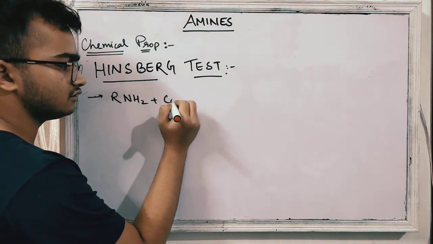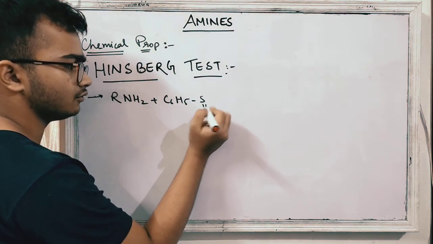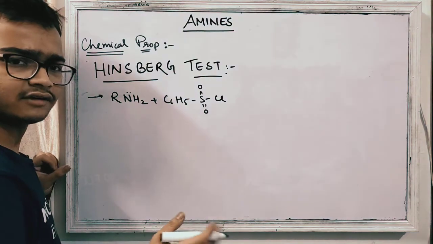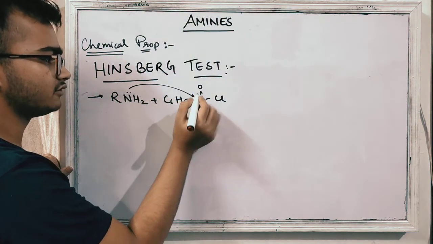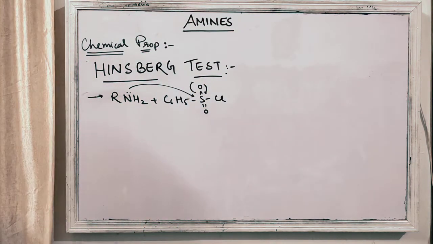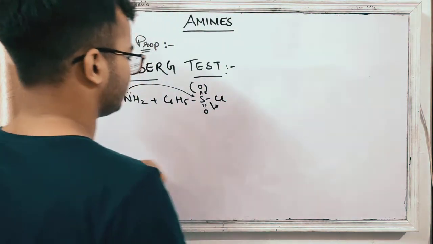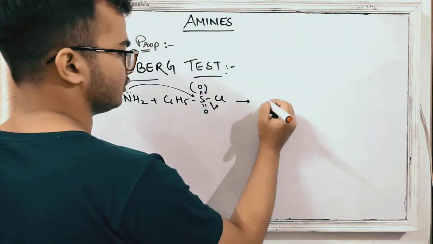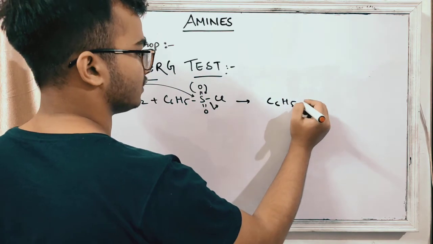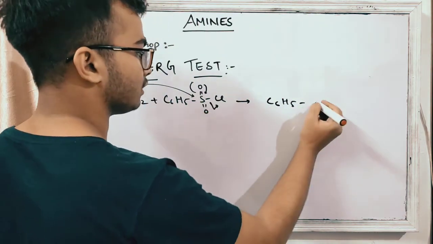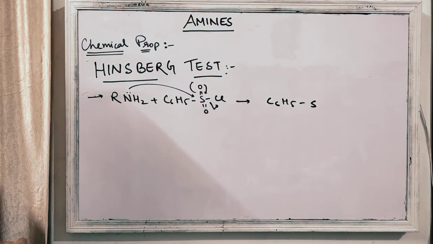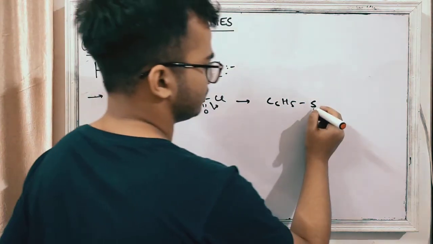RNH2 plus C6H5, S double bond O, S double bond O, and Cl. So S is getting a positive charge over here because of the highly electronegative pull of the oxygen. So what happens, nitrogen is attacking here, this opens up bonding, and this also opens up bonding. As a result of which the Cl is moving out. So the net reaction which is forming is C6H5, S double bond O,